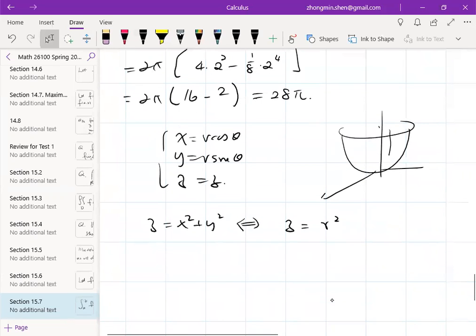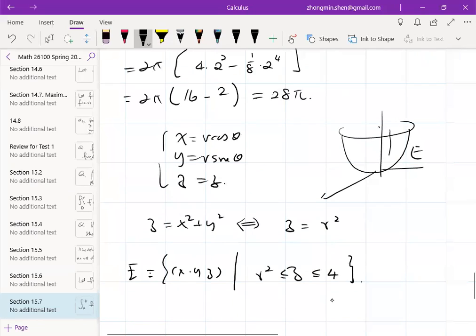Okay, so if you want as a solid, this is E, right? The E is determined by x, y, z, right? And I think z is between, what do we get here? So z is between r squared and 4, I think, right? Because it's between x squared. Sorry, first of all, you have x squared plus y squared, right? So this is a given information,